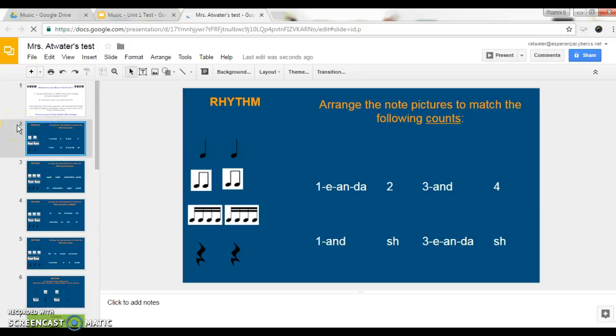The first 5 are rhythm slides. They're all in blue. So the instructions are to arrange the note pictures to match the following counts. These notes over here are movable. You can pick them up and drag them to wherever they need to go. So if you know which one of these notes gets a one-eanda, you're going to pick it up and you're going to put it right above